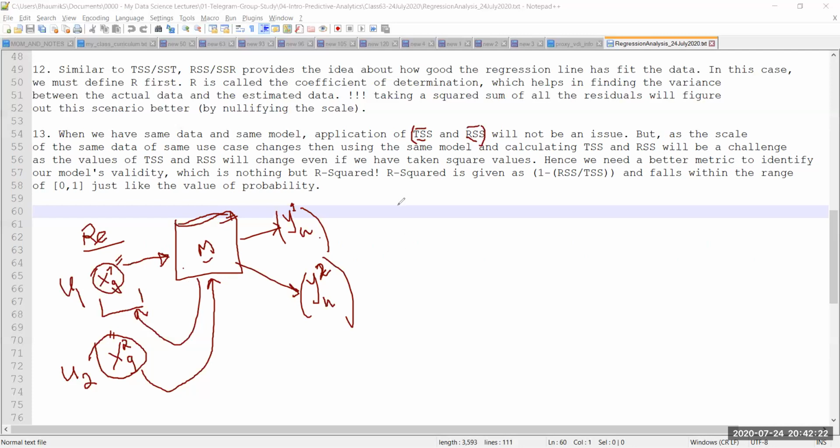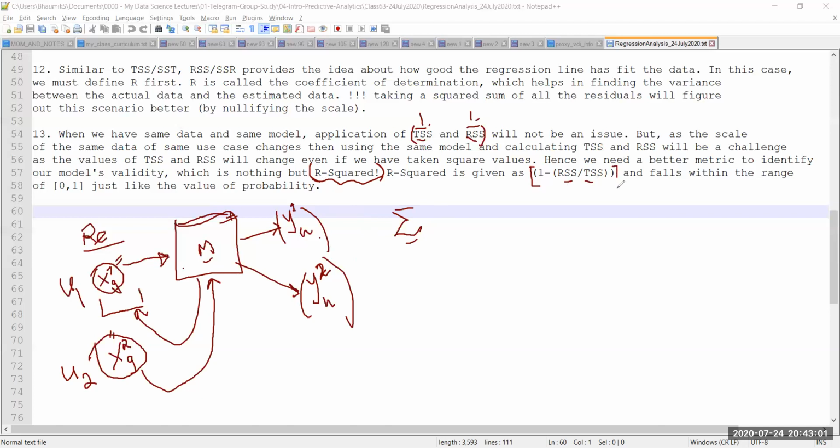The reason why they are changing is because in both the cases, we are simply taking a sum. We are not doing any normalization, right? Had we normalized the values somewhere, or scaled the values, then it would have been a different thing. But in both the cases of TSS and RSS, we have simply taken the sum. So that's the reason why we are going to get rid of TSS and RSS, or maybe in some cases we can use TSS and RSS, not an issue. But primarily, we can use R squared, which is another metric derived from RSS and TSS using a formula, which you can see over here.